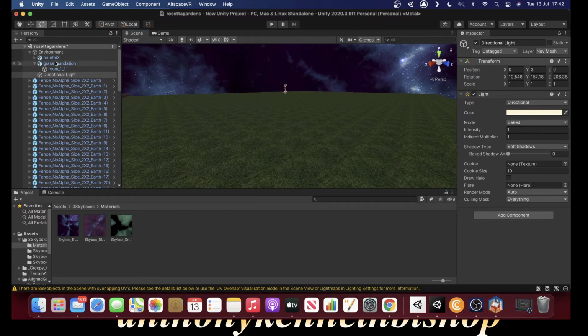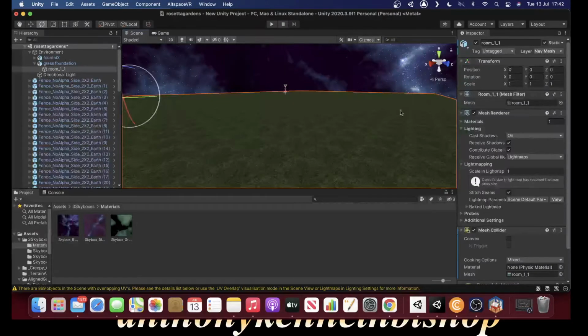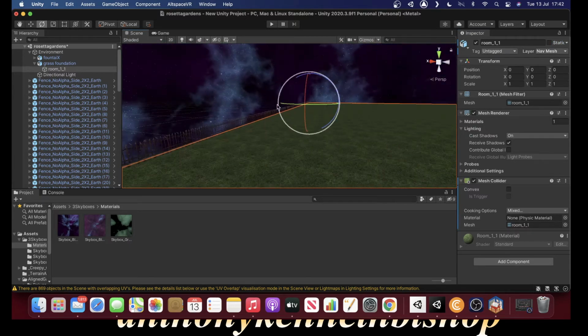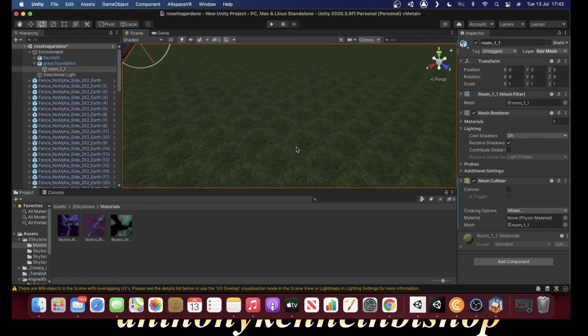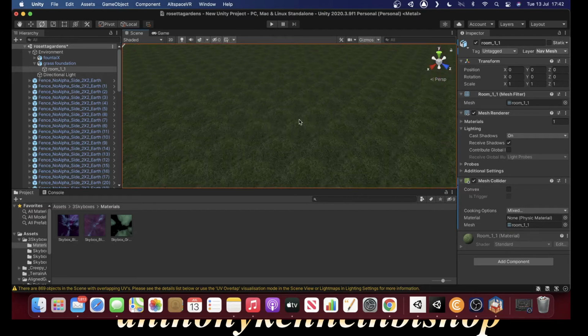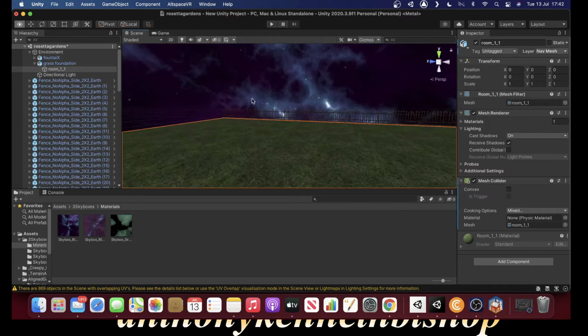Once the foundation, the floor, is done, you take off the static and you should have a much darker green floor to work with. But mind you, everything you put in as a static, you have to